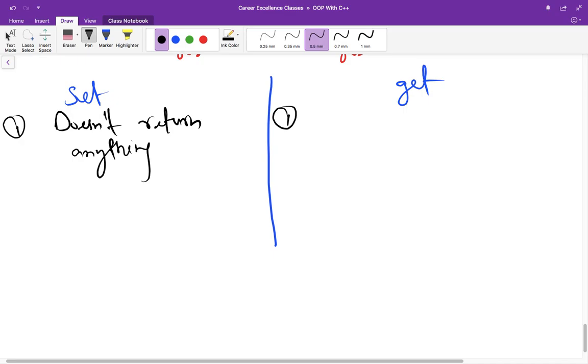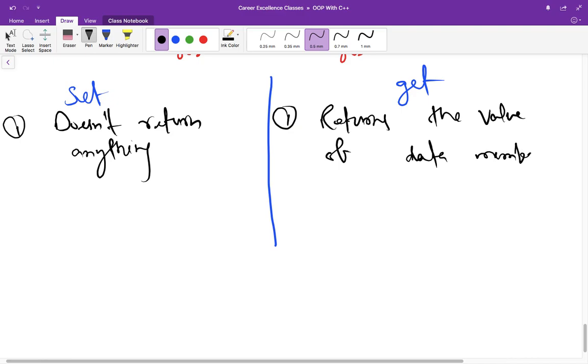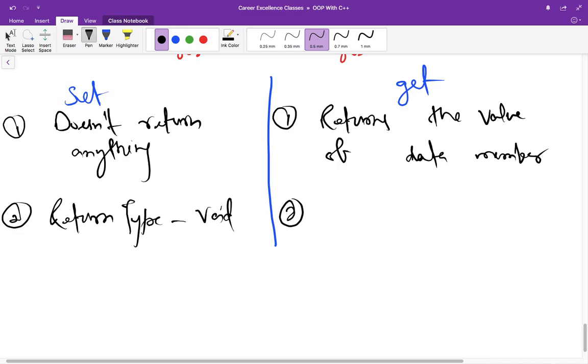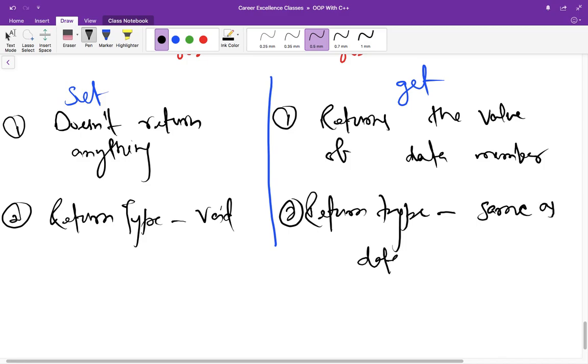Second thing, get returns the value of the data member. So when we are talking about return type, for set it should be void, and when we are talking about the return type of the get function, it is the same as the data member's data type.